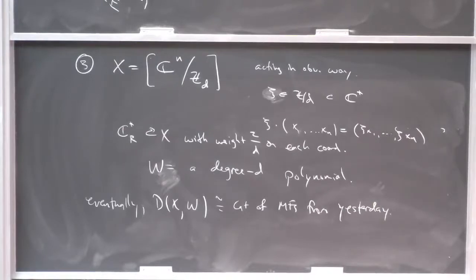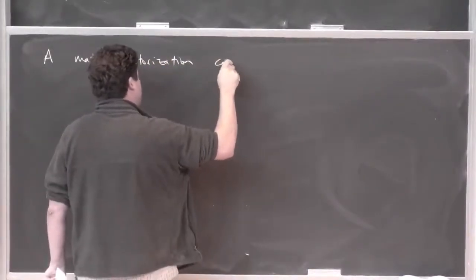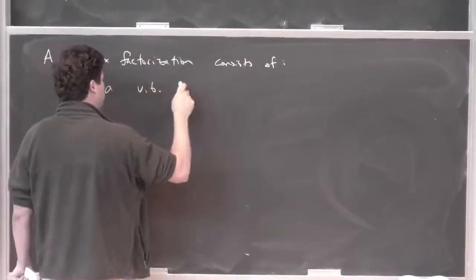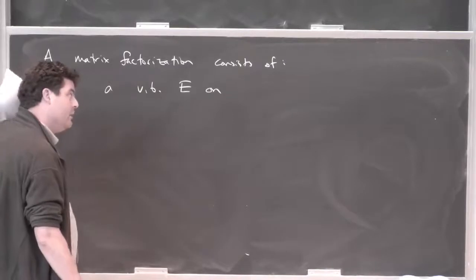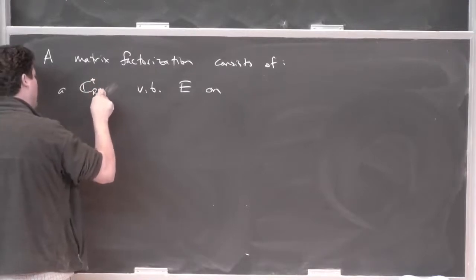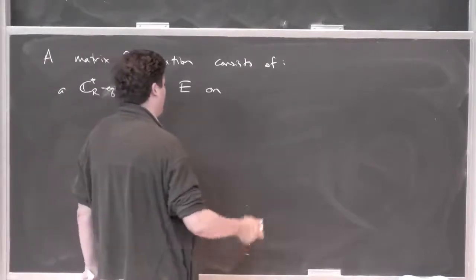So given, if we fix an LG model, a matrix factorization consists of a vector bundle E on, sorry, this E has nothing to do with that E, a C star R equivariant vector bundle E on X